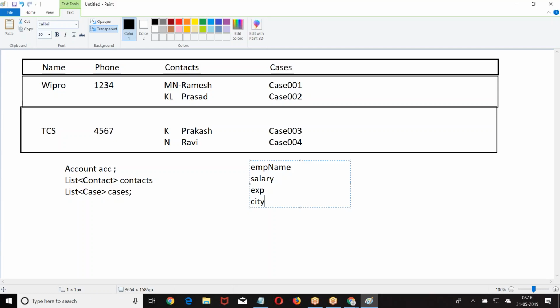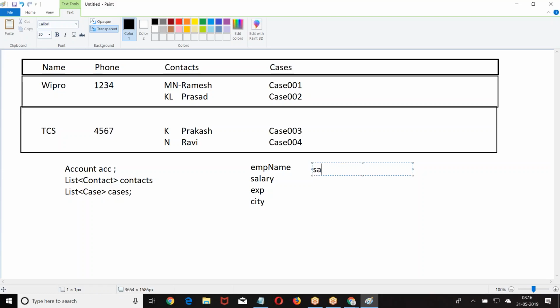I want to take employee name, salary. I want to collect the data of an employee, the data of 10 employees. Which data do I want to collect? Every employee name, every employee salary, every employee experience, city. Then how will you take it? Name of a particular employee, this salary, this experience, this city. All four are related to one particular employee. They are not independent. Are you getting my point?